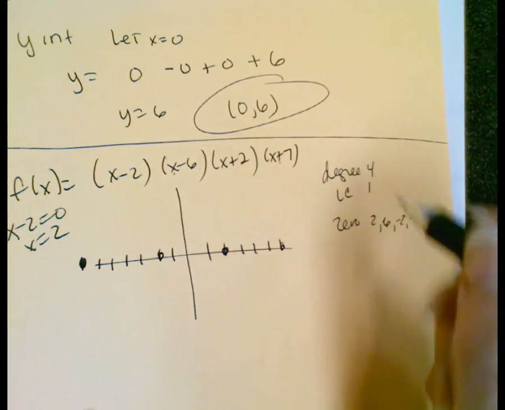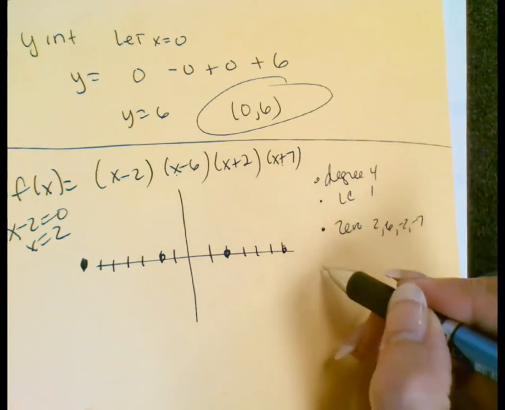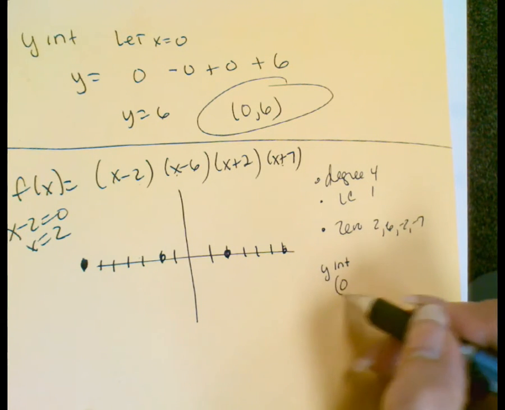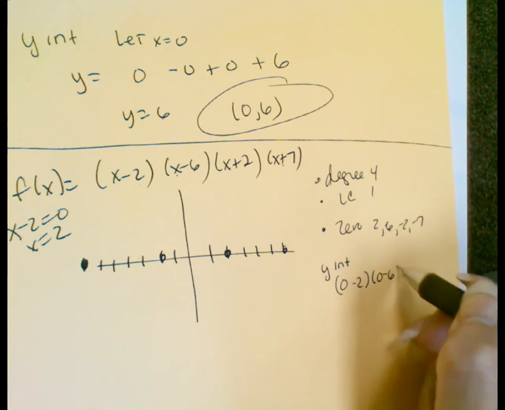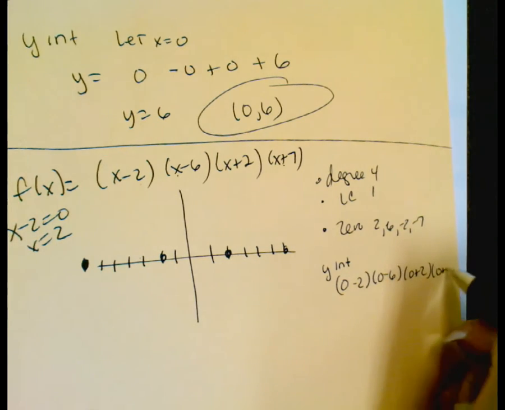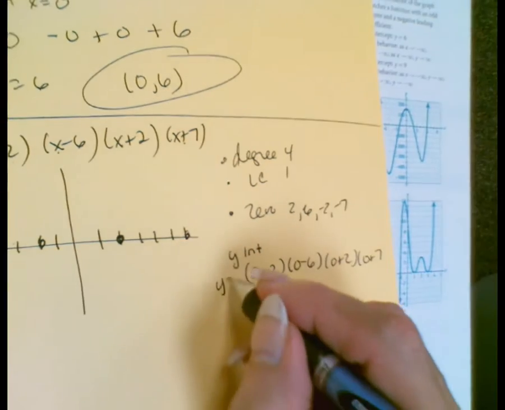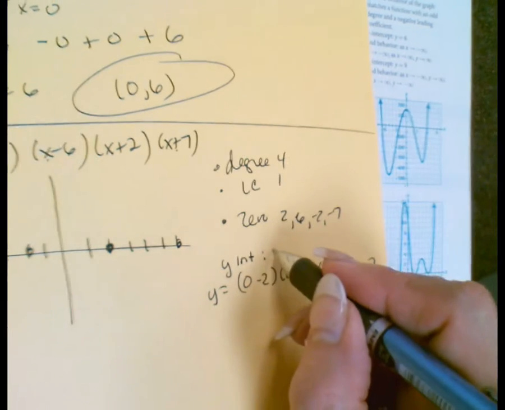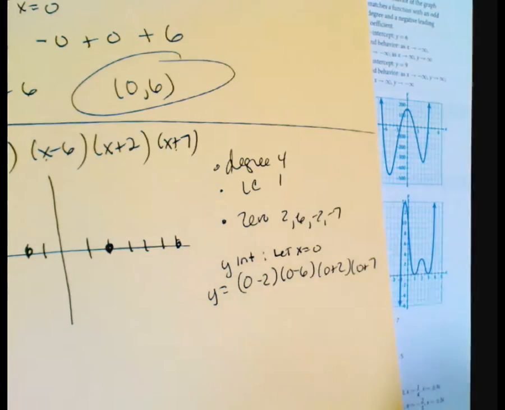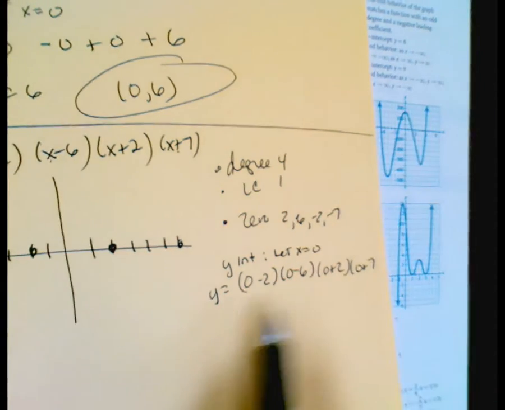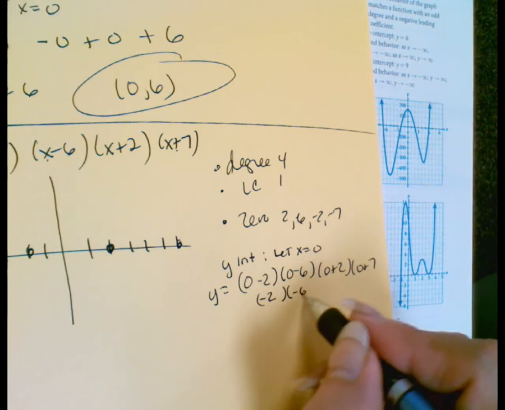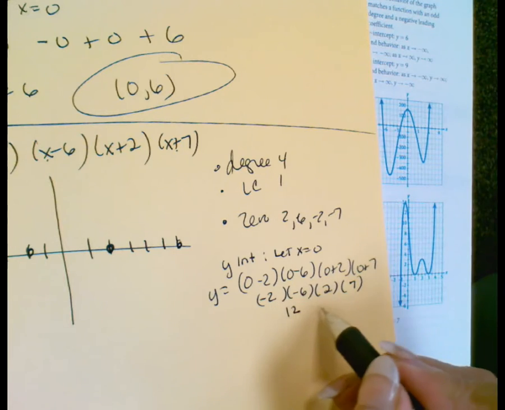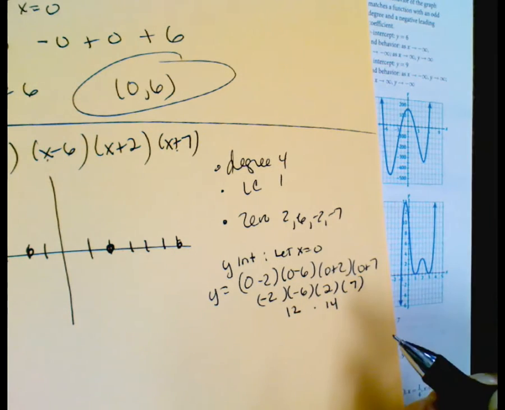Now, to find your y-intercept, so degree, degree, zeros. To find your y-intercept, you're going to let x equal 0. So in the first one, basically, if you let all the x's equal 0, it looks like this. So you have your same equation, except where all the x's are. So to find the y-intercept, you're going to let all the x's equal 0. Okay? So it looks like this. So that would be negative 2 times negative 6 times 2 times 7. So this is 12. This is 14. And 12 times 14 is,